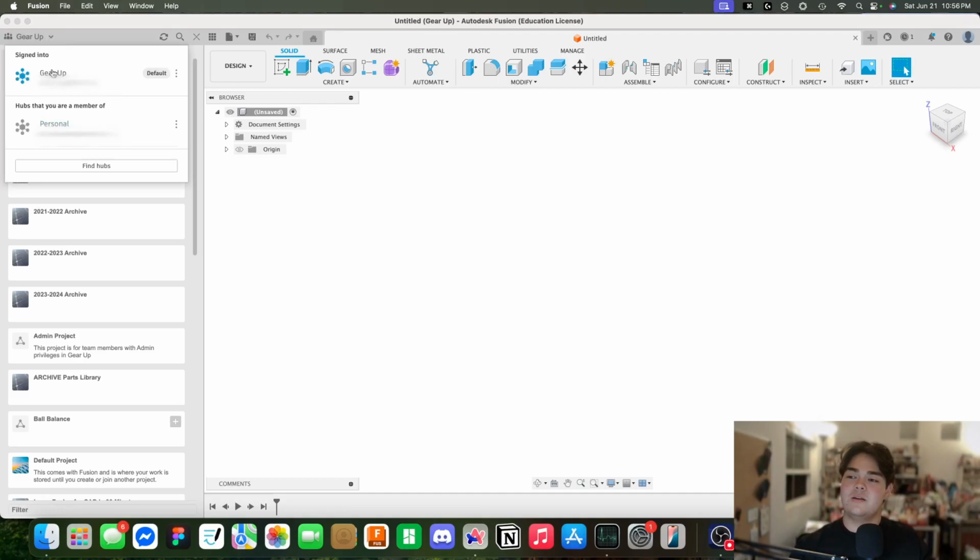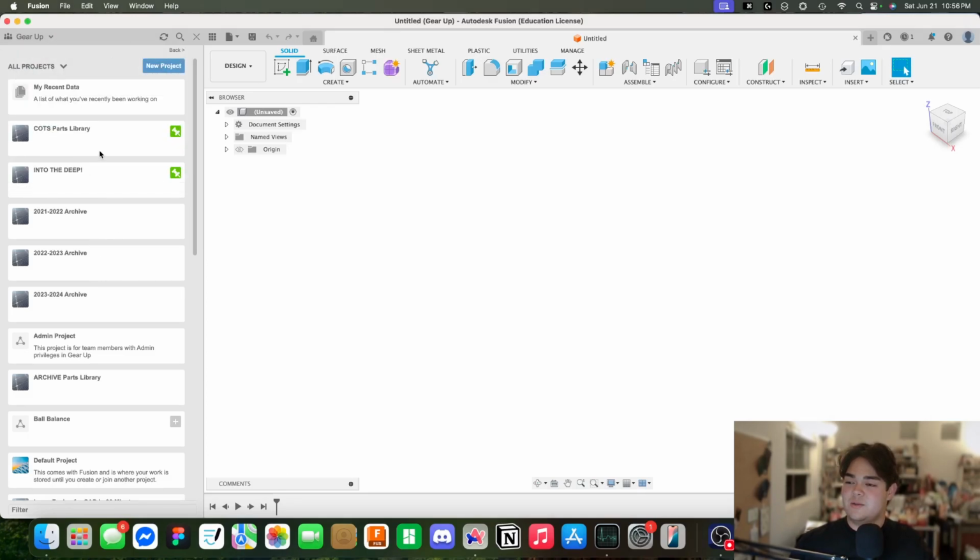So here are your Fusion teams. I'm actually part of two teams. One is my robotics team, so we have one which we have shared amongst all of our members, and then I also have my personal team. You'll see how to set these up when you make your account. So I'll just stay in my robotics team for now,